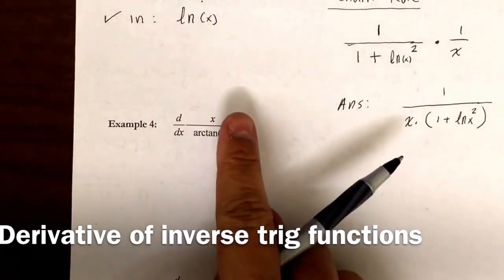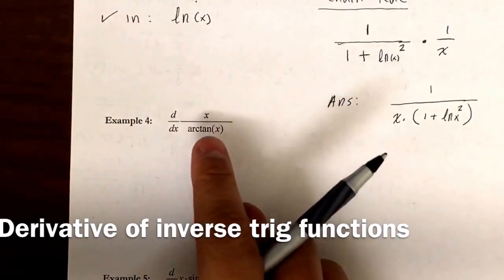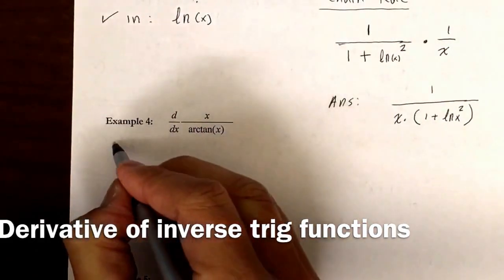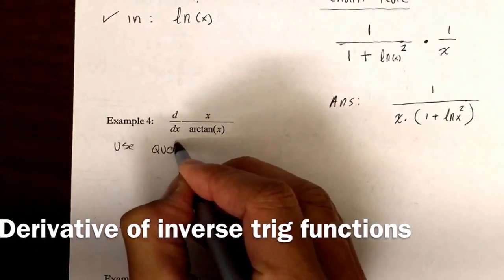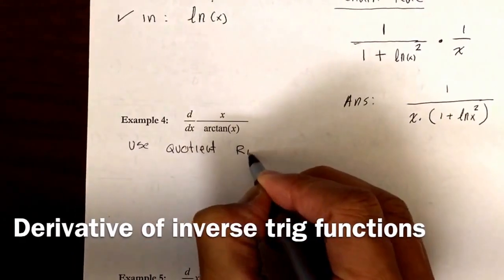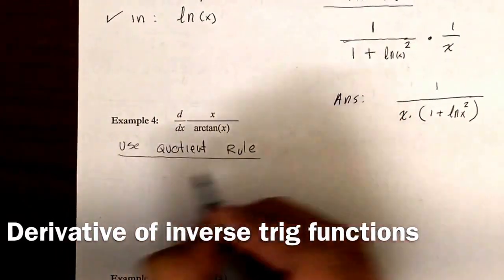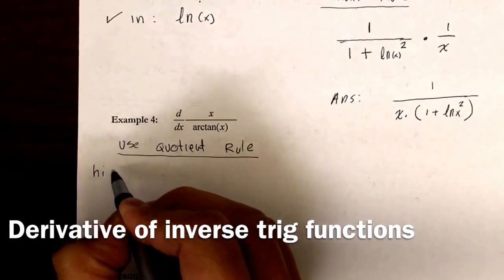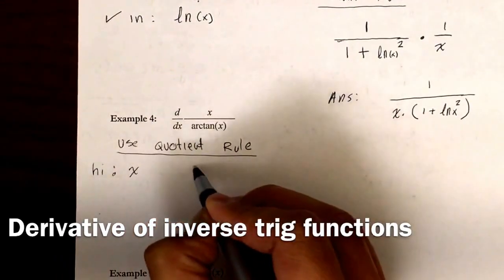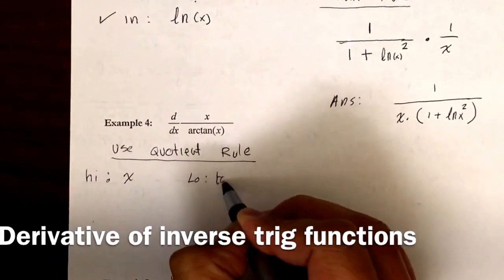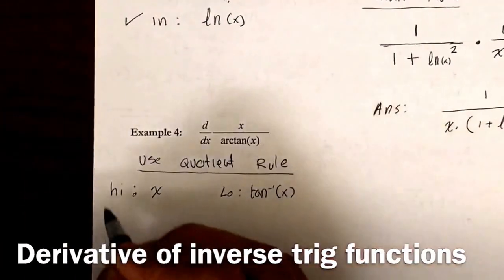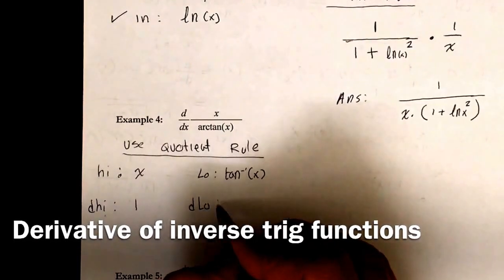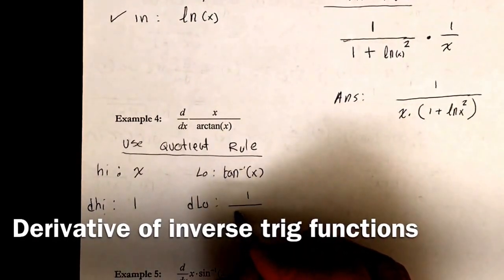The derivative of x over tangent inverse of x. This is a quotient problem, so we have to use quotient rule. Why don't I label my high function first? So my high function is the x function, and then my low function is the tangent inverse. Okay, and then the derivative of the high function is 1. The derivative of the low function is 1 over 1 plus x